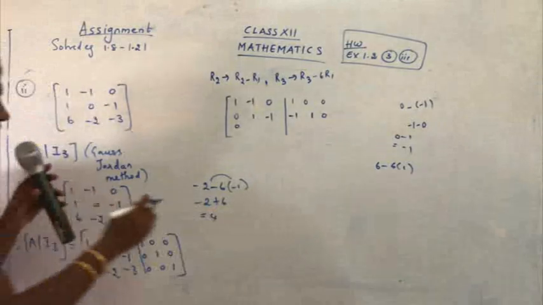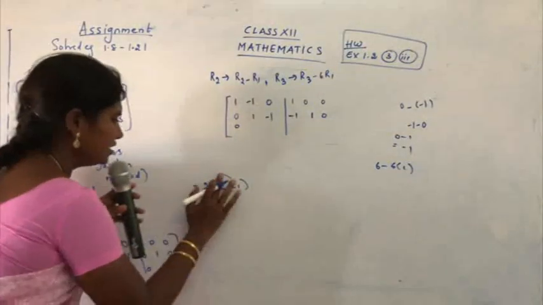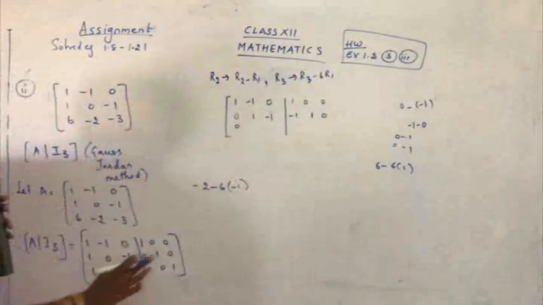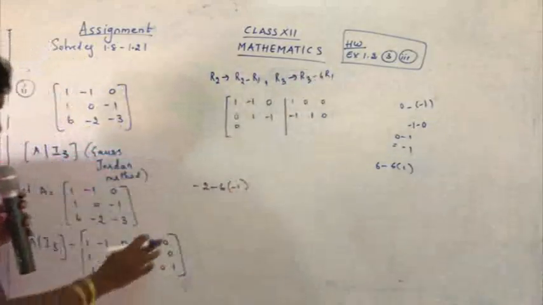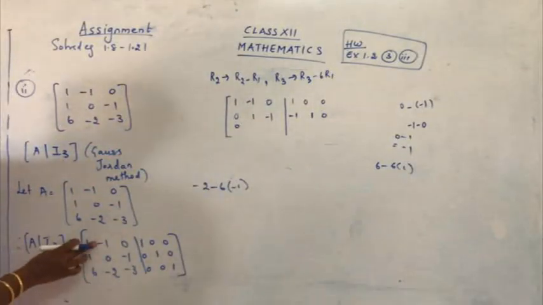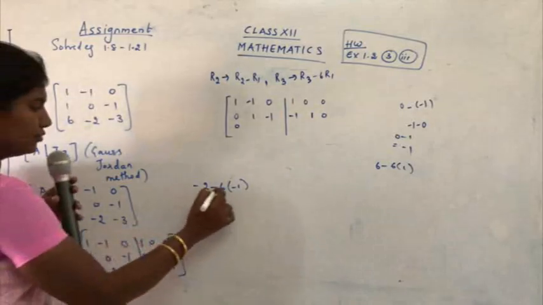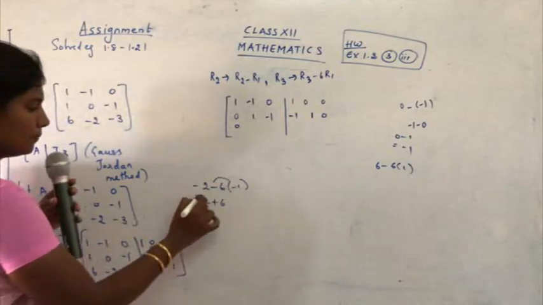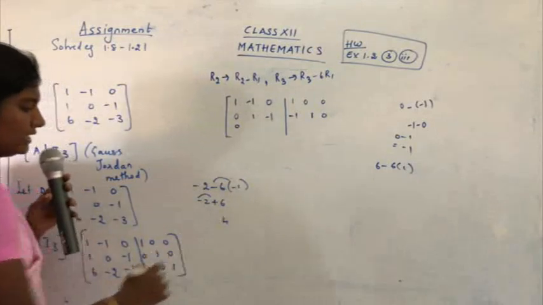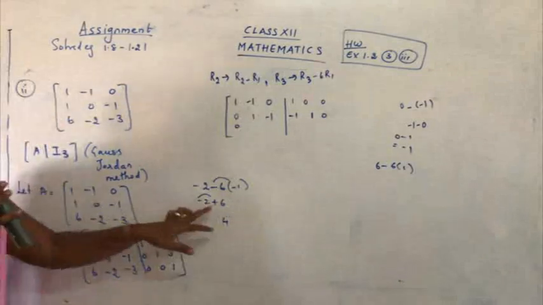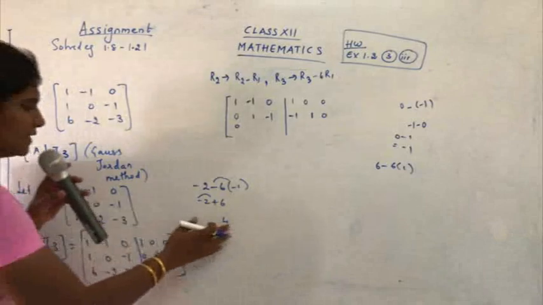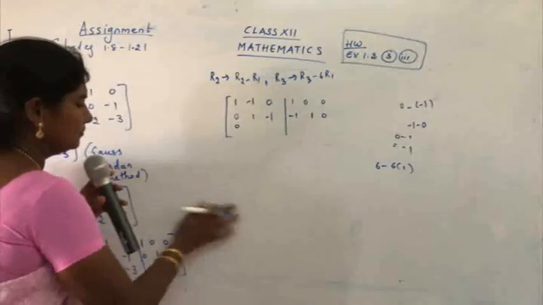Be careful, children. I will explain to you once again the simplification. It's minus 2 minus 6R1. R1 corresponding to minus 2 is minus 1. So minus 2 plus 6. So plus minus minus. You have to perform subtraction to get the answer 4. For the sign, I have to see the bigger number. What is the sign of the bigger number? It's plus. So the answer is plus 4. So you have to write here plus 4.